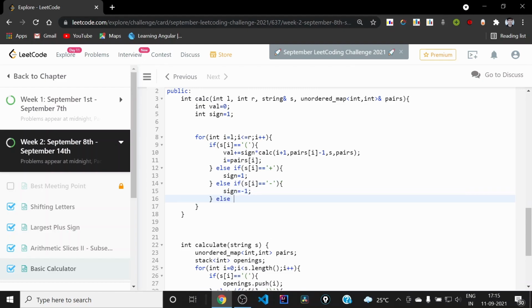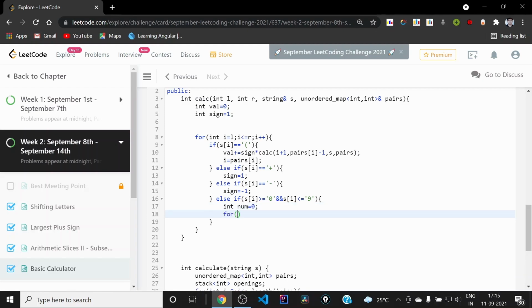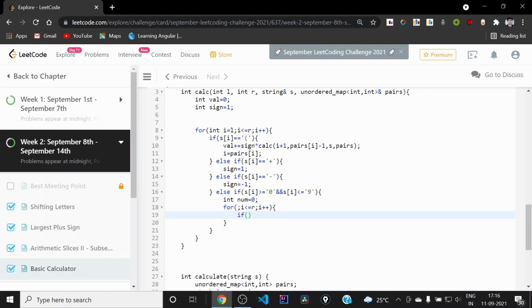And now the only case is that when we are encountering a digit character. So if S of I is greater than or equal to the character representing 0, and S of I is less than or equal to the character representing 9, then that means that S of I is representing a digit. Now we need to form the number corresponding to this, starting at this digit. So we can do it until I is less than R, and if this S of I is a digit character,